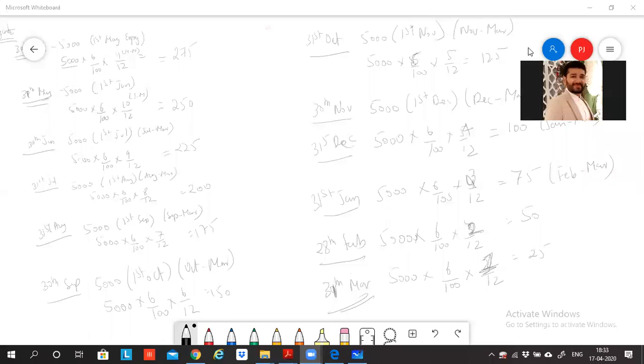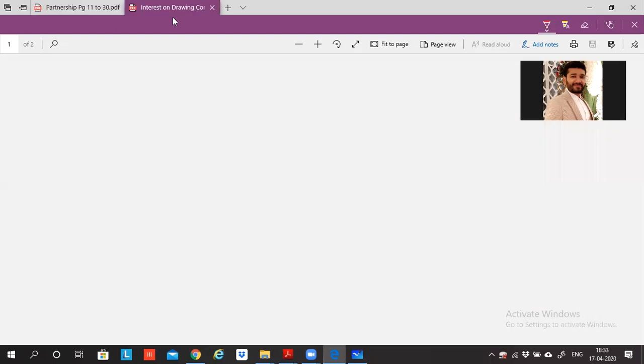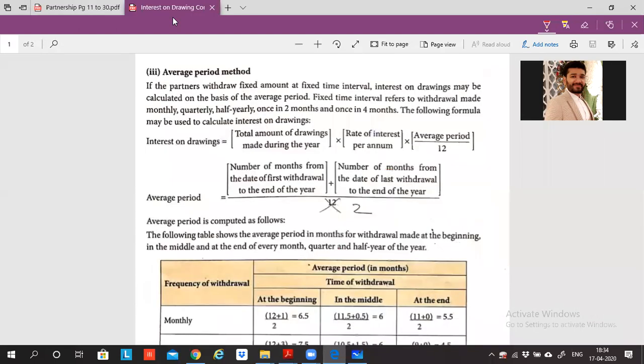So next class I'll be teaching you one method which is a mathematical calculation, and on that basis we'll be deriving the calculation, right? So with this regard, I have sent you one document. If you can take a printout of the document, it is well and good. This I have captured from the 12th standard state board, right? So this is called the average period method. Okay, it's called the average period method.